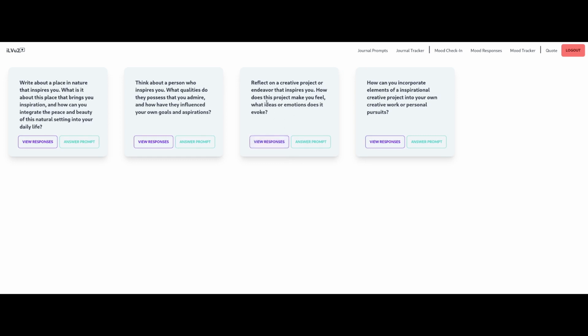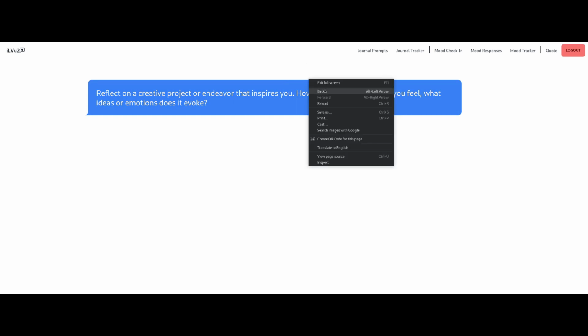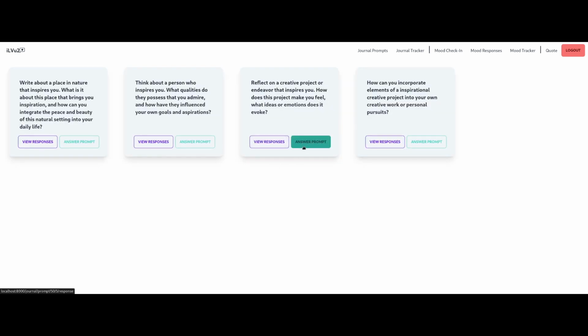We don't need to read it, but if we go to view responses, this allows you to view the responses. So it shows you the initial prompt, and down here it shows you the responses, which we have no responses. We don't have any. So if I were to go back, we can go back to here and actually answer that,